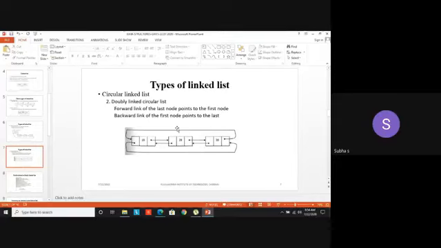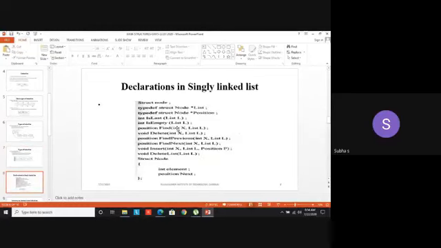How we are going to implement linked lists: implementation in singly linked list, doubly linked list, and then circular linked list, then applications of list. With this, the first unit will get over. So now, before getting into routines, normally in a linked list, what are the operations we can do? We can insert an element, we can delete an element, we can find the element. In the previous session I told you, find next, find previous, etc. So all those things we are going to see now.